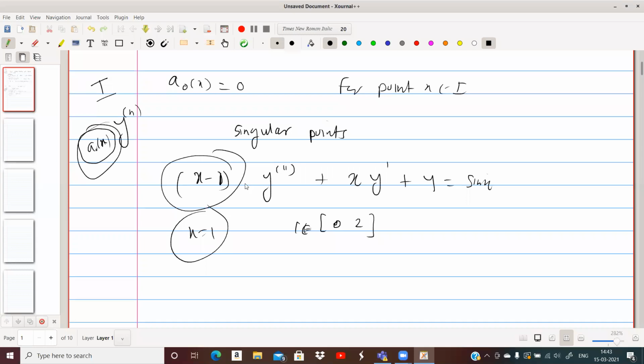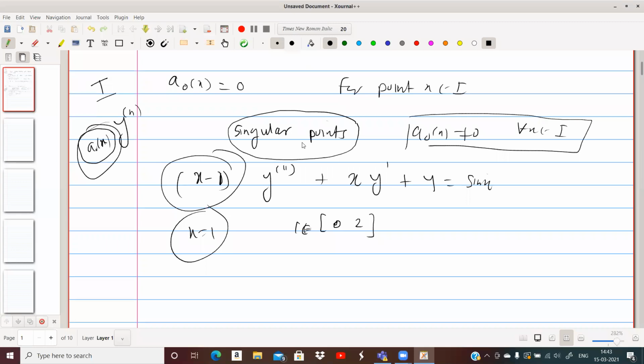As far as this syllabus is concerned, the fourth unit deals with linear equations with variable coefficients having singular points. At present, in unit 3, your differential equations will be such equations which do not have singular points. So we are assuming that a0(x) is non-zero for all x in I. For the next unit, you might have the singular point differential equations.